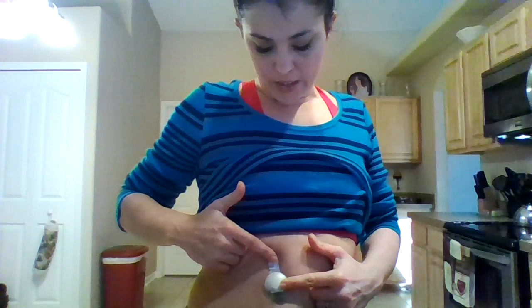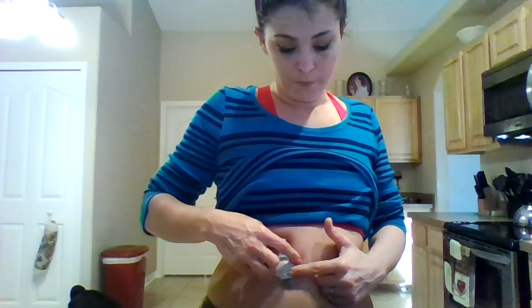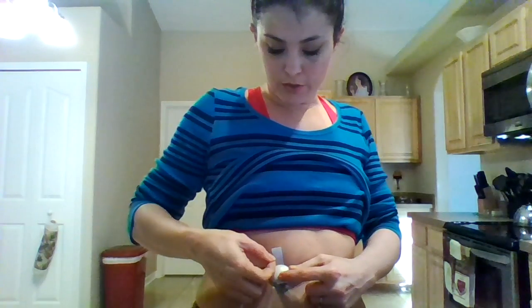It usually takes anywhere from 10 to 20 seconds before it starts blinking, but once it starts blinking, you know that, and there it goes. You probably can't see it because of the light, but it's actually blinking, so that means the sensor is in the interstitial fluid and the transmitter has signal. So now I just took the little sticky backing off of this adhesive, this little flappy I told you about,